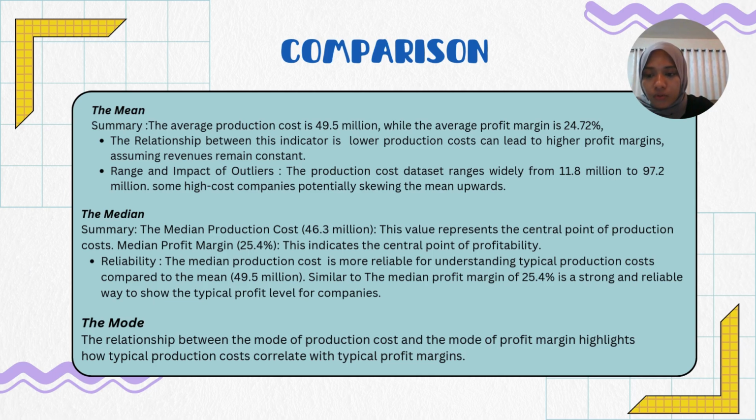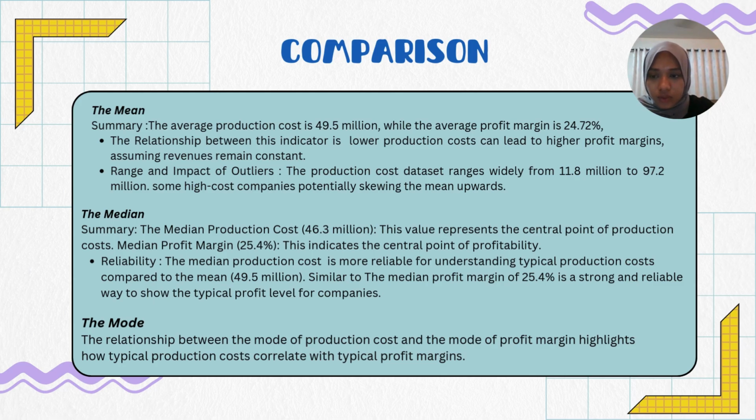Similar to the median profit margin, 25.4% provides a robust measure of central tendency as it is unaffected by extreme profit margin values. To conclude, the comparison shows that while production costs vary widely, the typical profit margin median remains stable around 25.4%. This stability suggests that despite differences in production costs, many companies are able to achieve comparable profitability